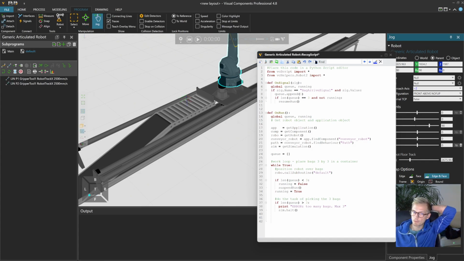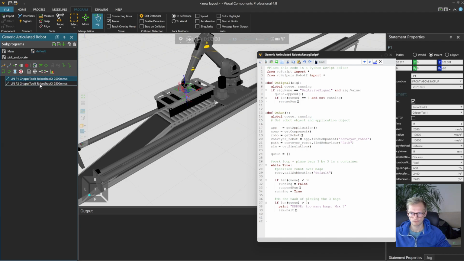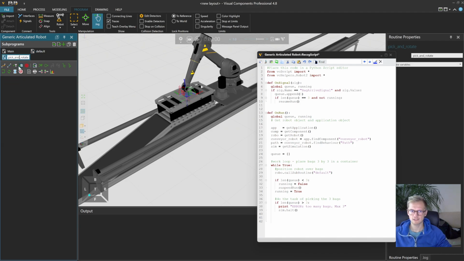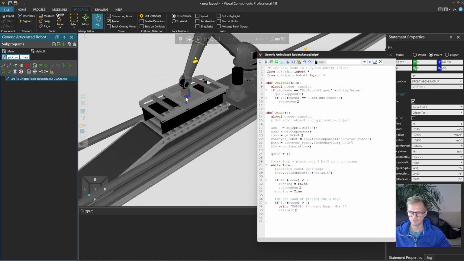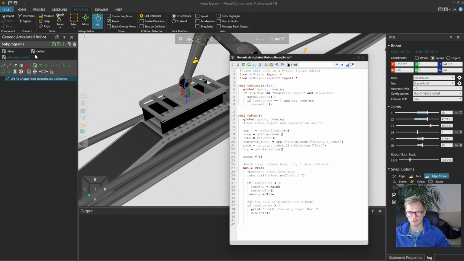Maybe I'm just gonna do a pick subroutine in here. So pick and rotate, let's call it that. So in pick and rotate, start here, and then we set the value